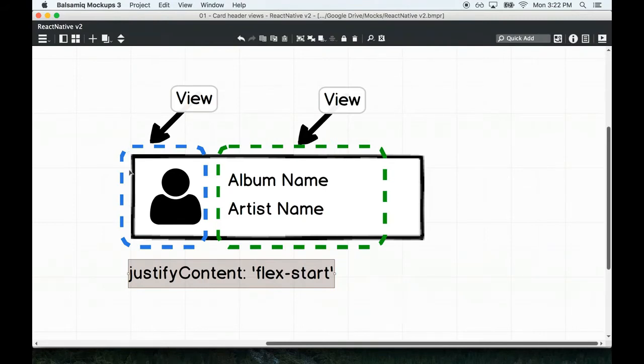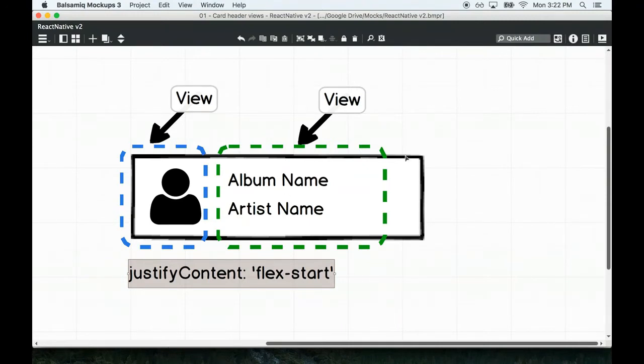Just one quick issue though. Everything we've been discussing about justify content has mentioned that we use it for positioning elements in the vertical or up and down direction. So how are we going to use justify content right here to line up items in the left and right direction like I just suggested? And that's basically my lead-in to one of the last confusing Flexbox items we need to discuss, the idea